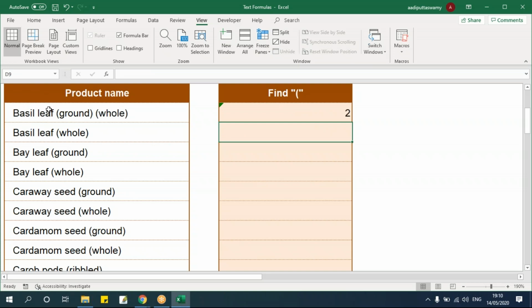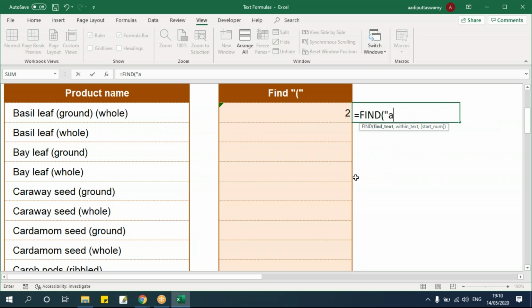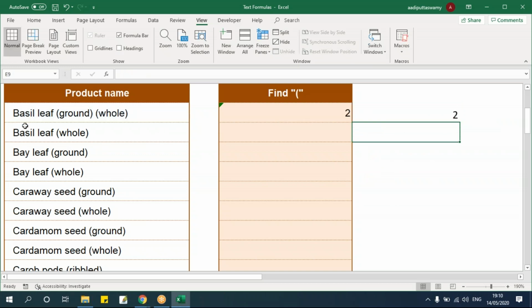Now I can find one more A here, which is somewhere after this A. That is the second A. If you want to find that second A, what I can do is say equals find, and again I'll say A. If I select this, say enter, I'm still getting that 2 because it is in second position. So find will start searching from the first position of the text, say 1, 2, 3, 4, 5, it is finding here and it is stopping. But my requirement was the second position of this A. So what I'll do is here,